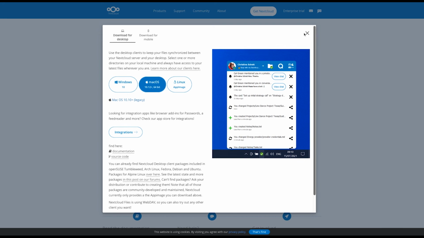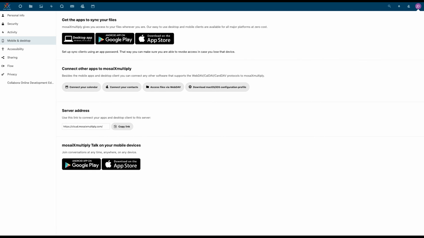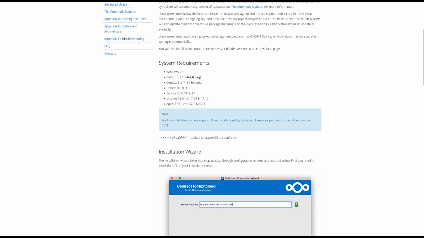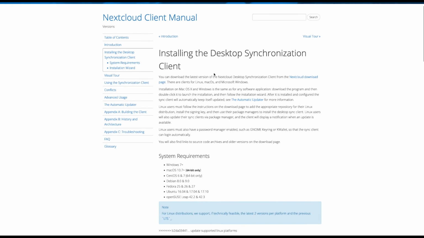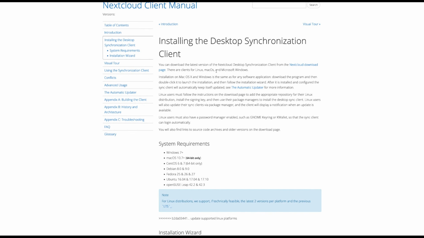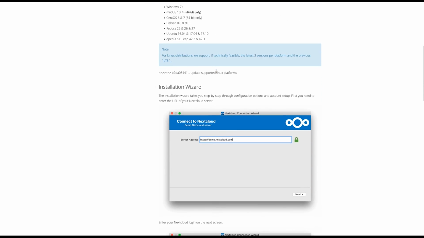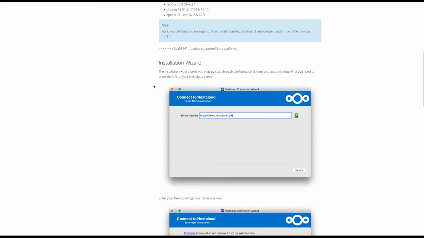It will download it and save it on your computer. I close this because I don't need it. When you have installed the desktop client, you have to open this program and just follow along the installation wizard. The first step, you have to enter the server address. It is